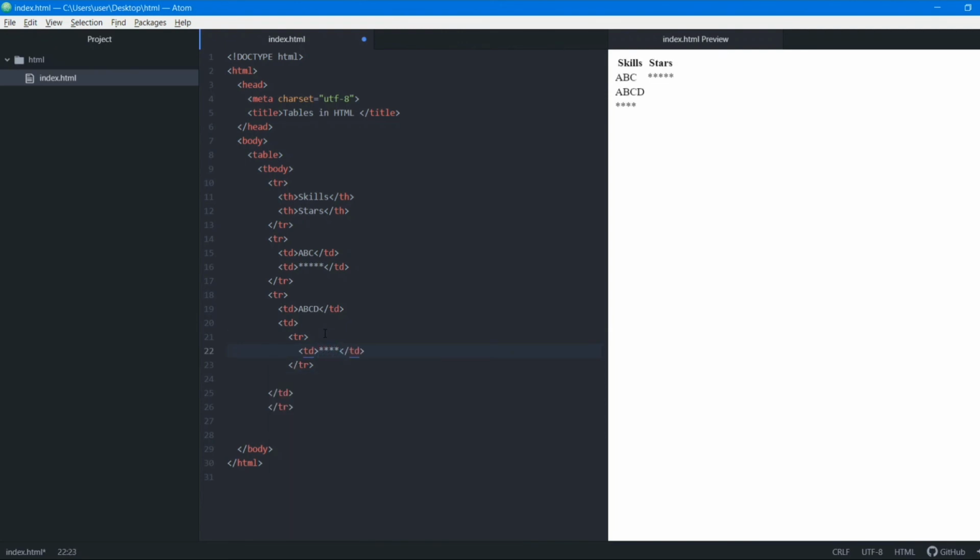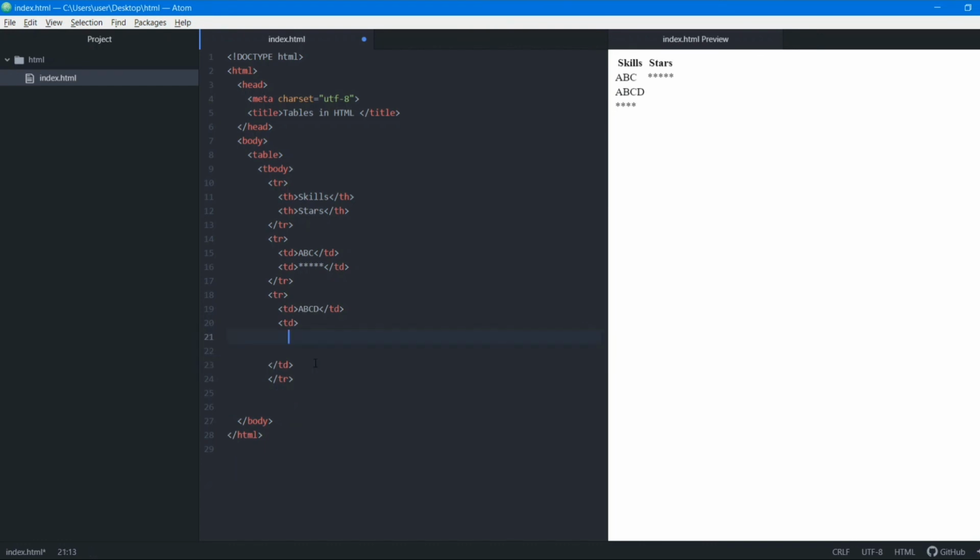You can see that we have created a row inside which we have added a table cell, and inside that we have added a table row. So we have created a nested table row. Okay, you can understand, right? If I remove this and cut it, and add a star, this star will be added right next to ABCD. But instead of this, I added a tr tag, and inside that tr tag I added a td tag. So you can see that this becomes a new row because of this part.